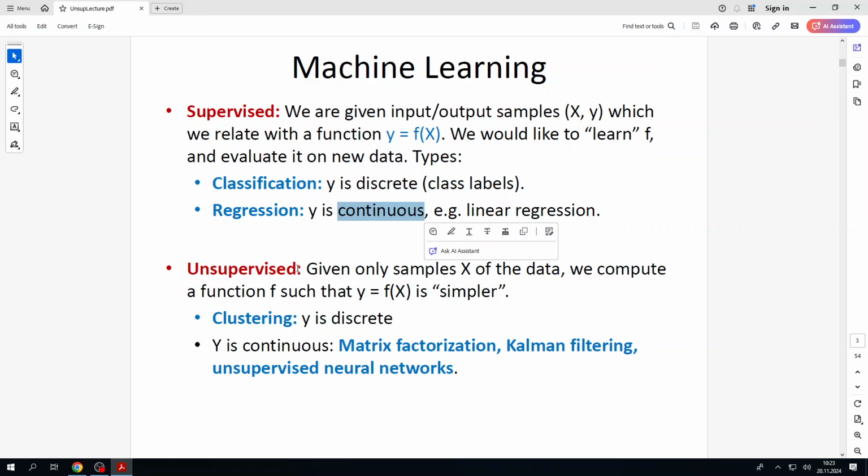And then there are unsupervised machine learning methods, which we can split into clustering problems, when you have a limited number of these clusters,